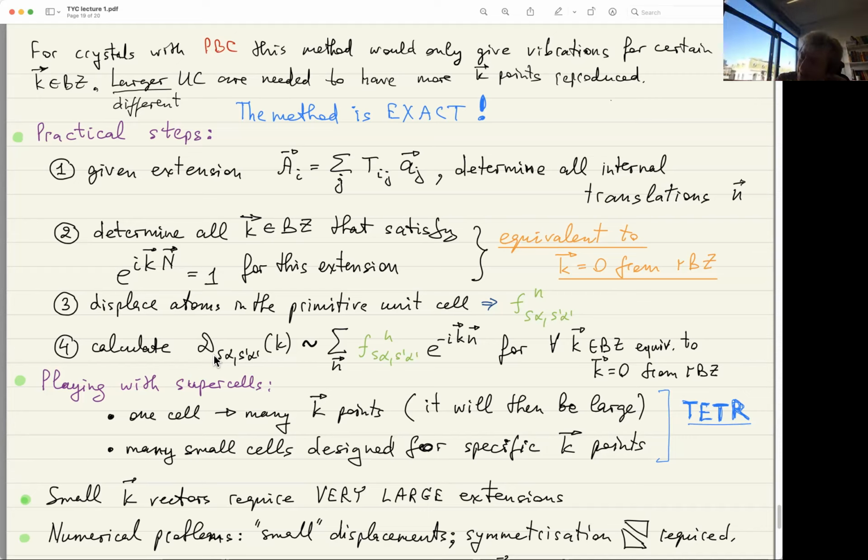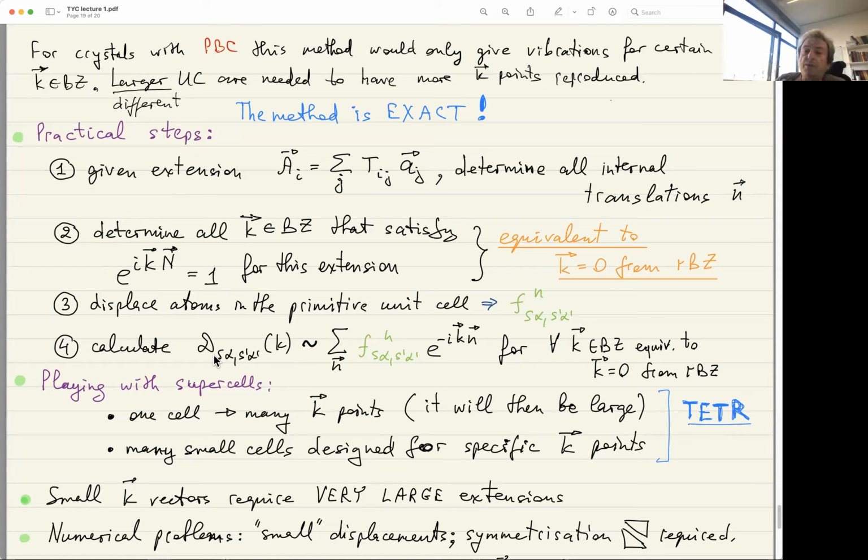So there will be 4 points in the full Brillouin zone, which are equivalent to k equals 0 of the reduced Brillouin zone. Yes? So in these 4 points, that kind of four-fold extension of the primitive cell in the real space, direct space, would give you frequencies. If you would like to have frequencies at some other k points, you can try other extensions of the